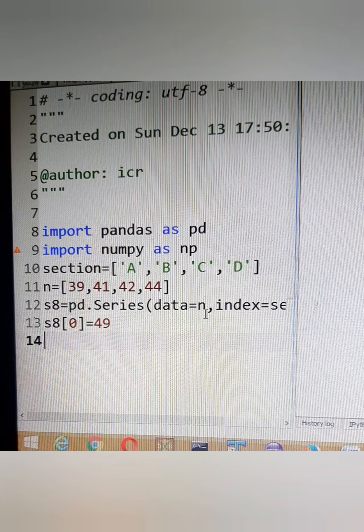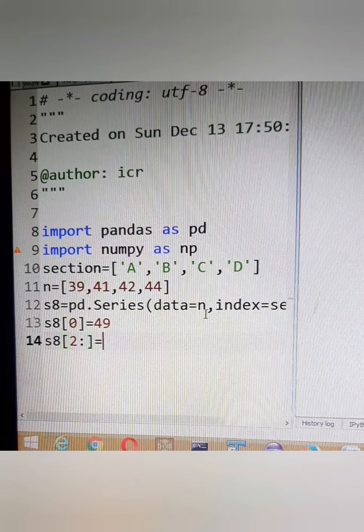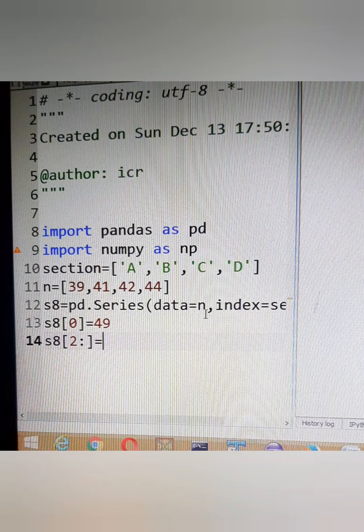But if suppose I want to change the values of C and D together with different values, then in that case also we can use the slicing of the Pandas series. So if I write here S8, this is 0, 1, 2, I can write 2 colon, which means till the end of this series. I want to give them the same value. Suppose I want to give them 50.